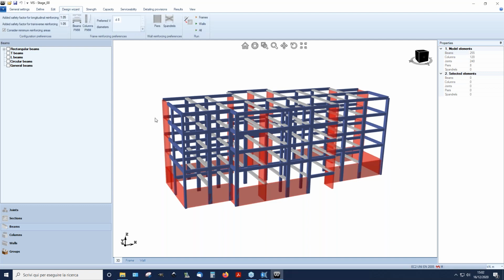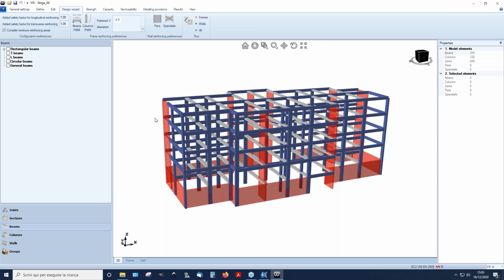which basically has the function of assigning the necessary amount of reinforcing to the different members based on user-defined preferences. So if the elements are correctly proportioned, the reinforcing provided by the wizard will be compliant with strength requirements, capacity design requirements, and most of the detailing provision requirements. So at the end of the process, the user would only need to make minor adjustments to the resulting reinforcing